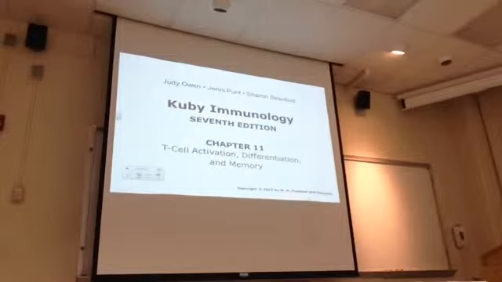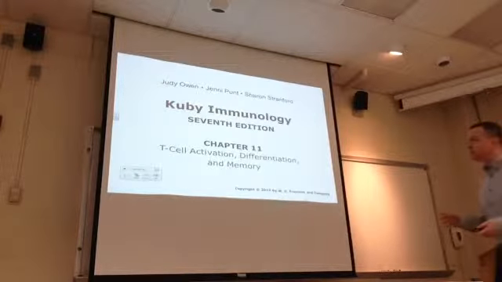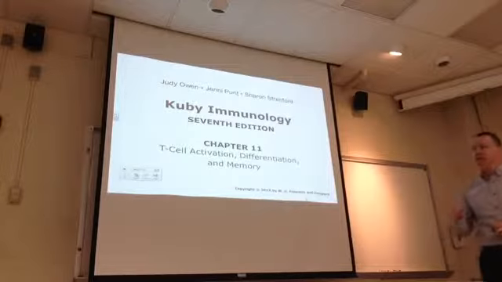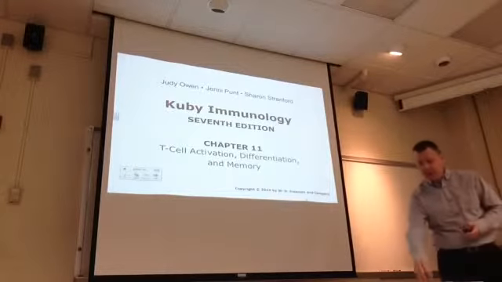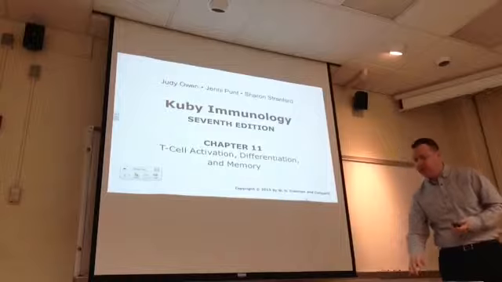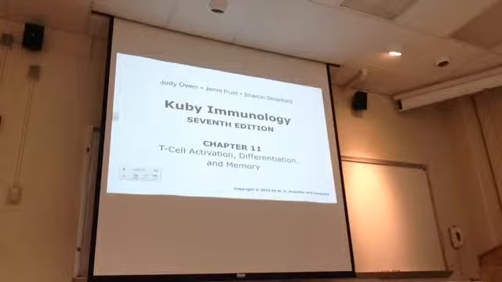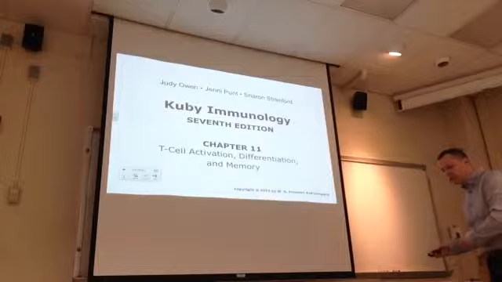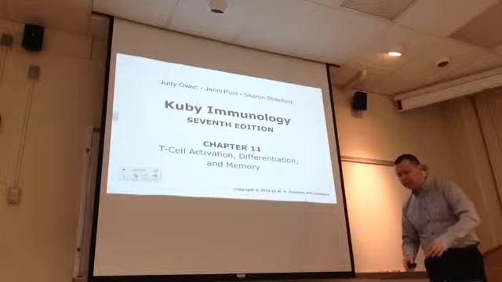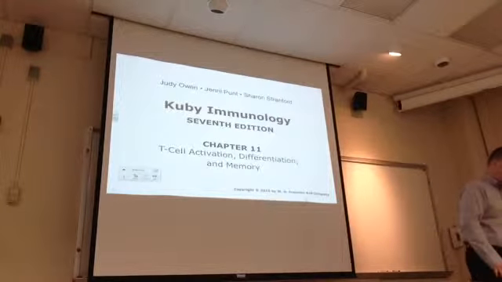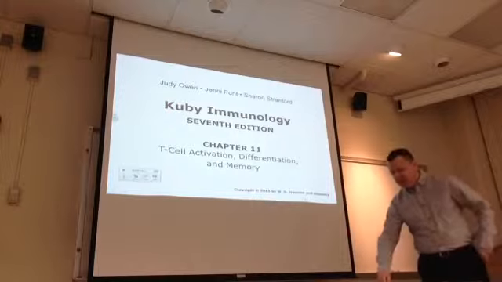Back and forth between T cells and B cells. So we've looked now at both B cell and T cell maturation, essentially in development. Now chapters 11 and 12 will again tick back between T cells and B cells in terms of activation, differentiation, and memory. So we'll do T cells in chapter 11. We'll do the same thing for B cells in chapter 12,